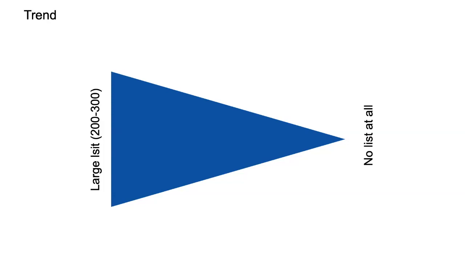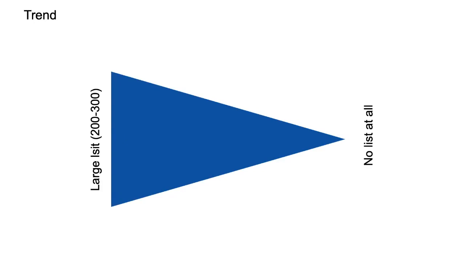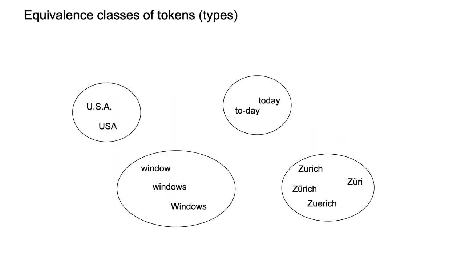Another aspect is that we are no longer constrained by computer resources as we were before. So we are doing it just because we can, in a way. So this is why there is this trend of stop words disappearing. But it's still interesting to know, and you have to know, if I tell you stop word, then you have to know that this is what it means, right? It's you take the very highly frequent words and you throw them away and don't even include them in the index.